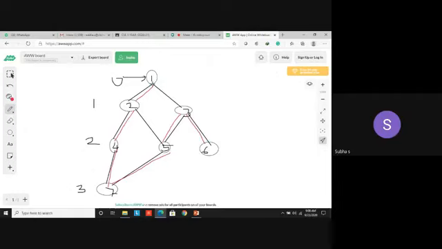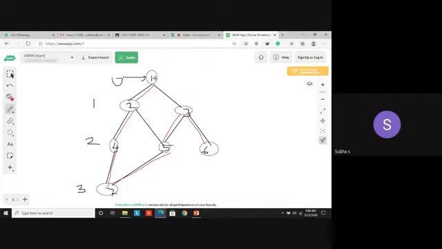So what is the path I have used? 1, 2, 4, 7, 5, 3, 6. There is no cycle formation. This is your spanning tree. This is the result of your DFS. But in BFS, what order did we follow? 1, 2, 3, 4, 5, 6, 7. Understand the difference. The order will change between BFS and DFS, but actually you will visit all the nodes. There is no doubt in that.